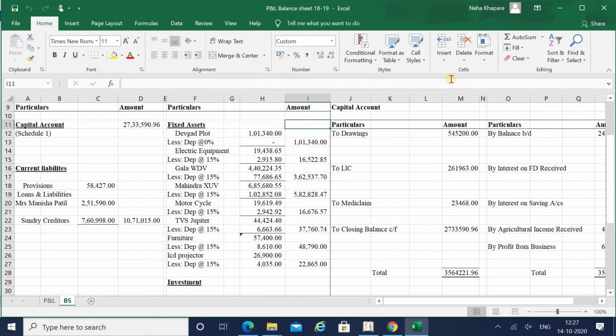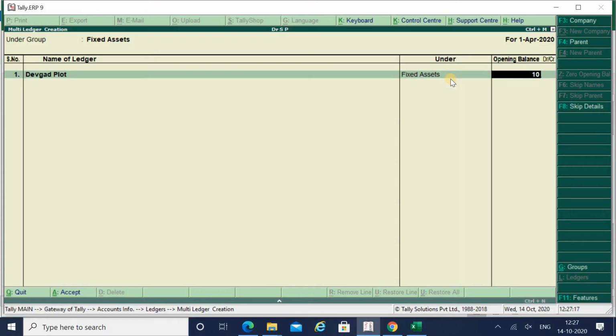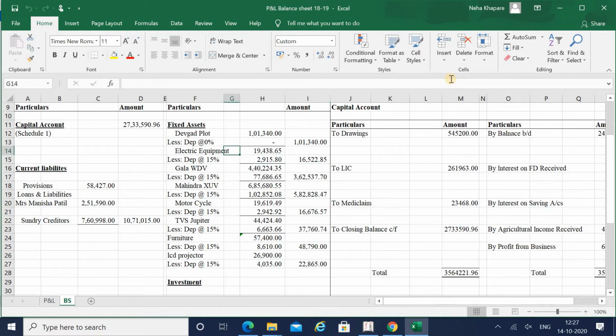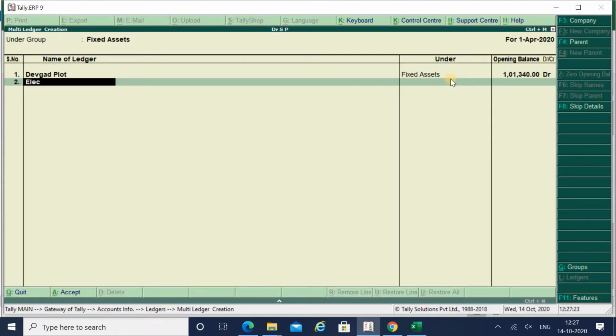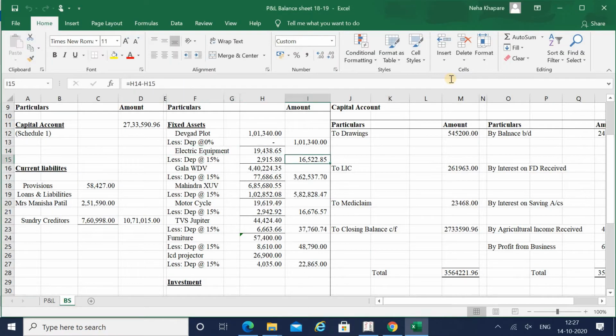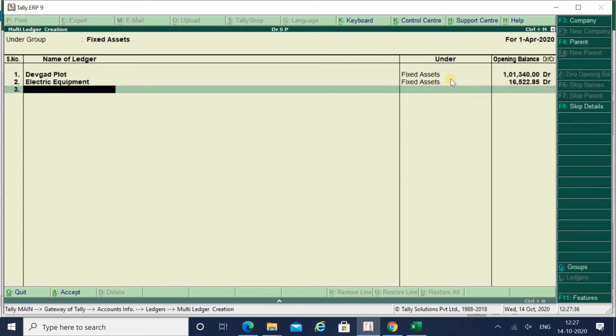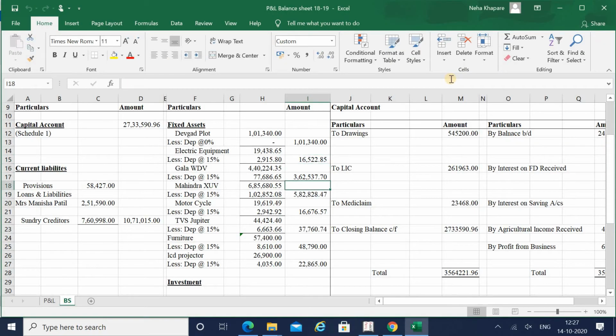Now just enter the opening balance. How much is the balance for electric equipment? It's 16,522.85.